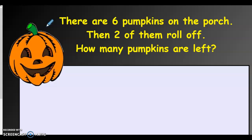Addition or subtraction? Yep, you're right. It's subtraction. So start with your 6. And then they rolled off the porch, so that's subtraction. How many rolled off? 2 of them. Equals